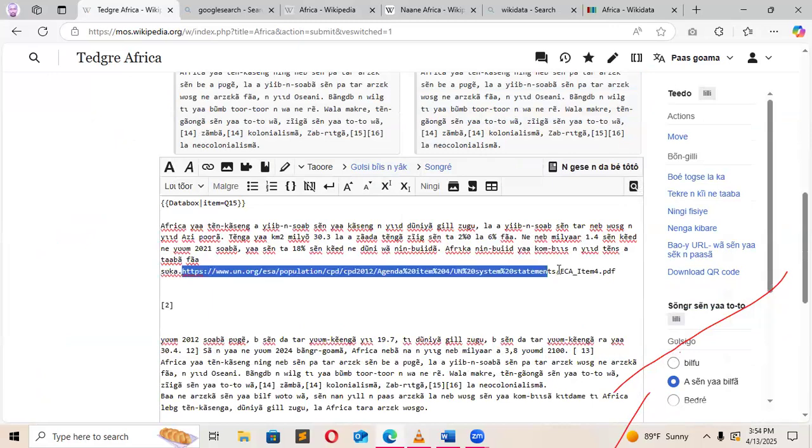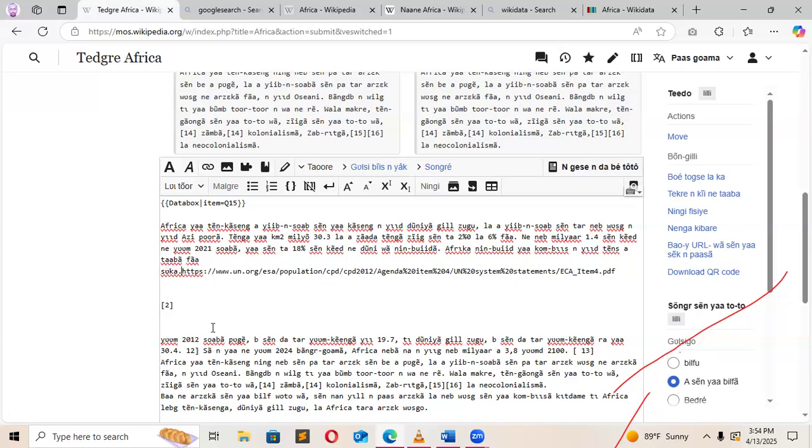So look what I'll do. I'll come to the first place, before the HTTP, open bracket, less than symbol, type ref, and put greater than. Then I'll come to the end of the link, open bracket again with less than, use slash ref, and close with greater than.